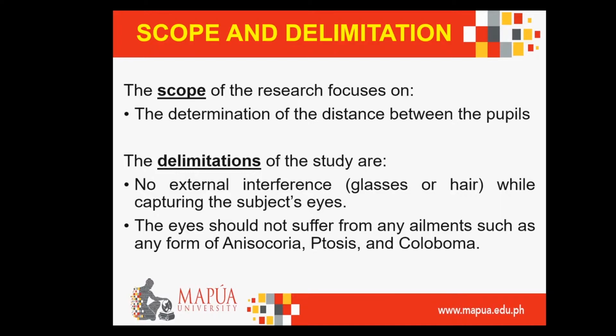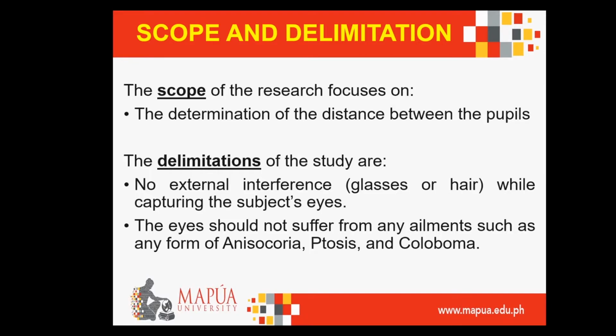Moving forward with the scope and the limitations, the scope of the research focuses on the determination of the distance between the pupils. So for the scope, we would completely focus on the determination of the pupillary distance, while the delimitations of the study are that no external interference such as glasses or hair should be present while capturing the subject's eyes. This is in order to avoid any misreading or incorrect measurements during the process of data gathering,